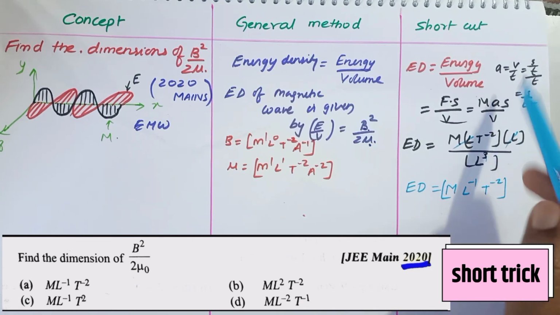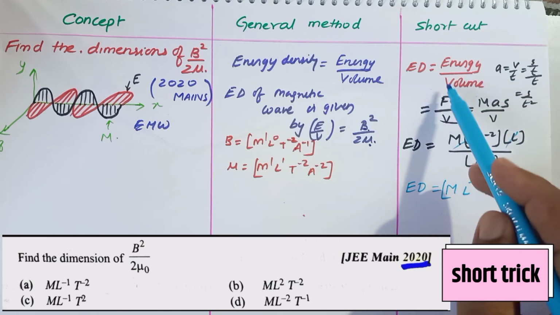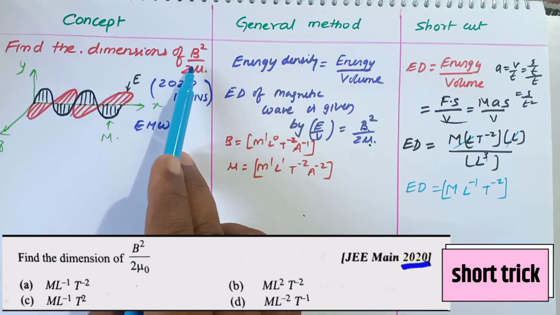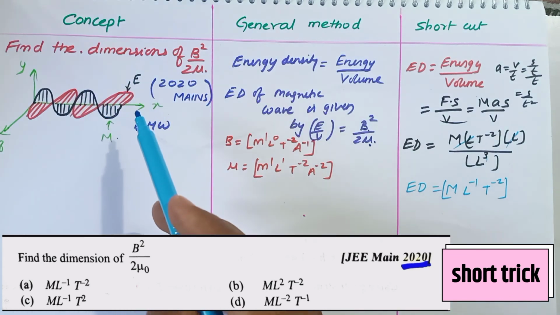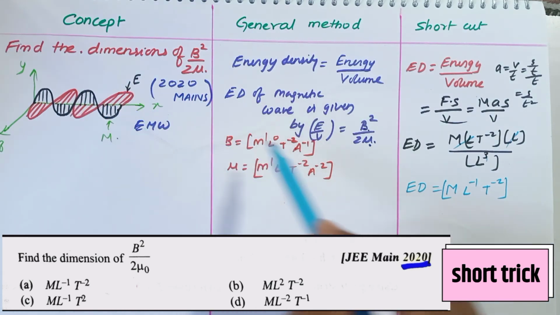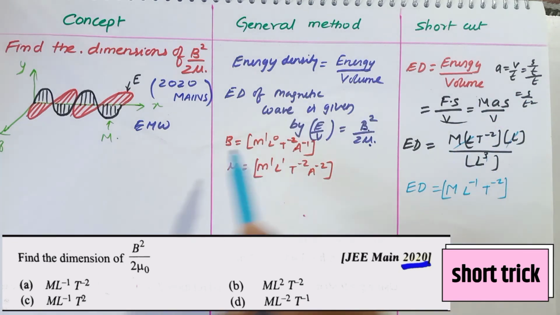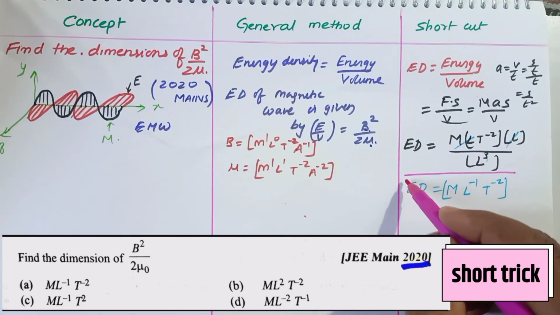So is it not easy to solve the problem by considering energy by volume? He didn't mention here energy density, but you have to use your brain, and immediately you should get an idea that if you solve in this way it becomes very easy. Is it not difficult to remember the formula for magnetic induction and magnetic permeability? It's very difficult. So the alternative method is very simple, that is we need to remember this type of problems in this way. Okay, so now this is the final answer for energy density.